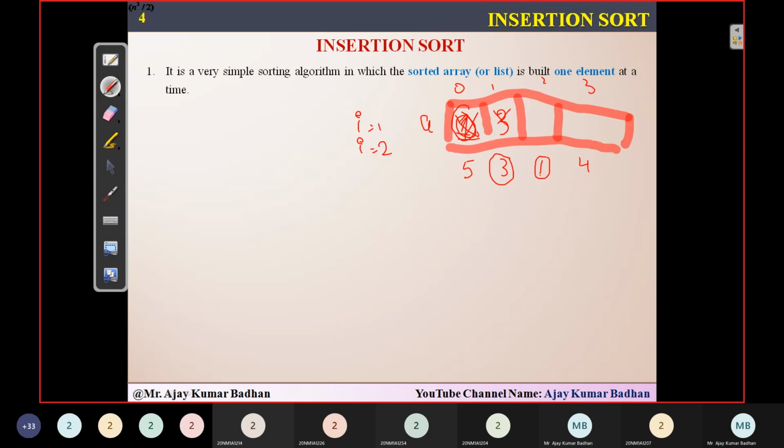Then after that, the second slot has been fixed. Then again it will come here to 4, and then finally 5. So this is the way it is going to do it. Then how exactly does this insertion sort work here? The mechanism is very simple. Let me explain it.